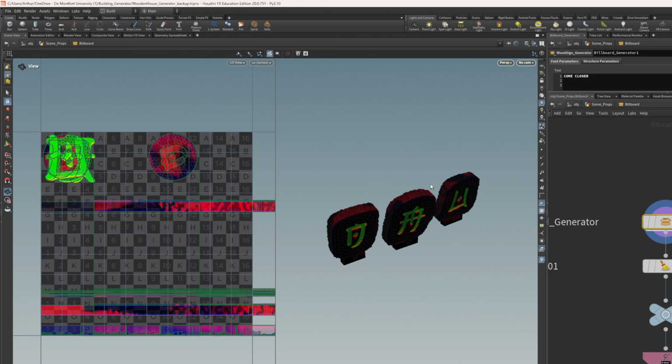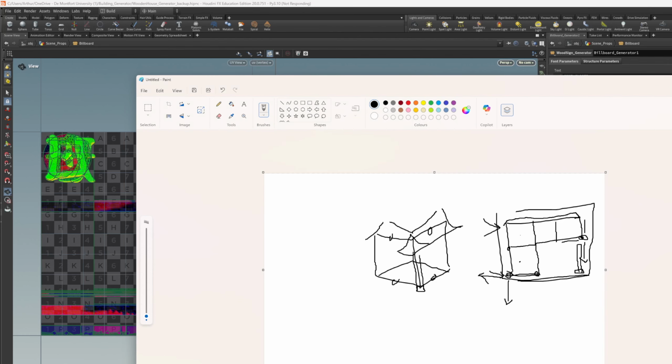I probably should have turned the vertex colors off, just so this worked a little bit faster. Okay, that's interesting. Got a crash. So while that does that, let us talk a little bit about